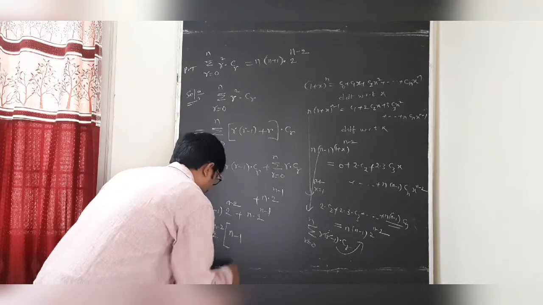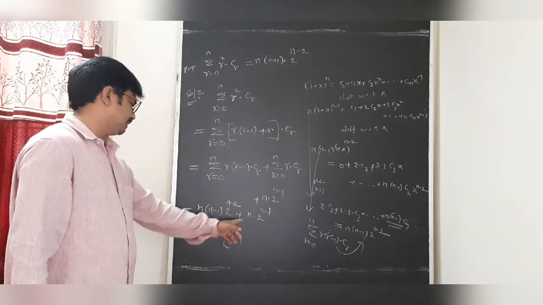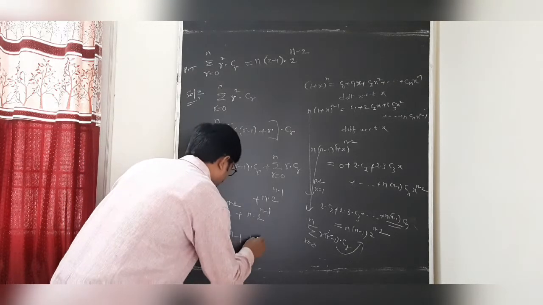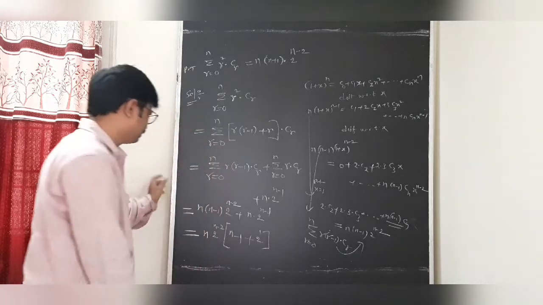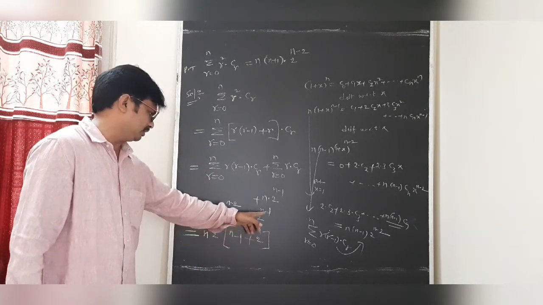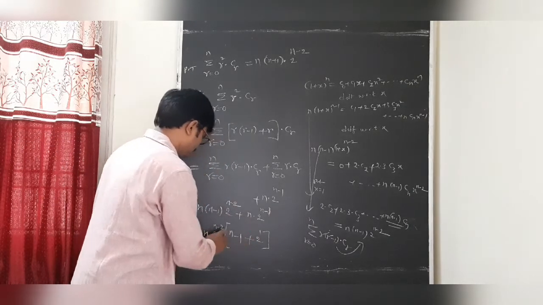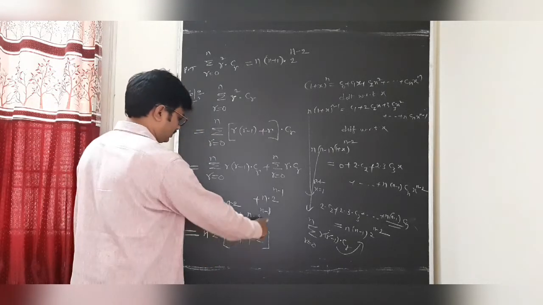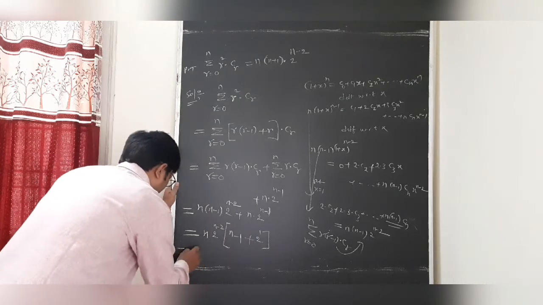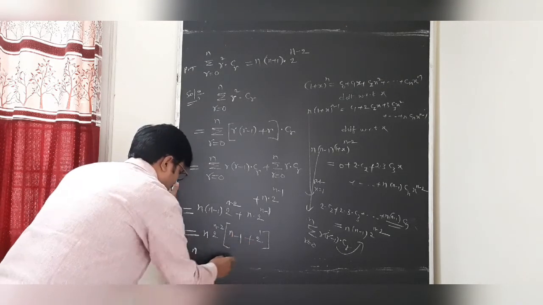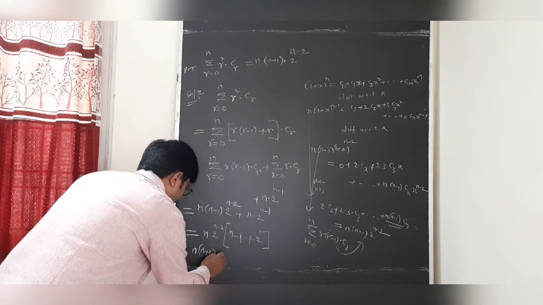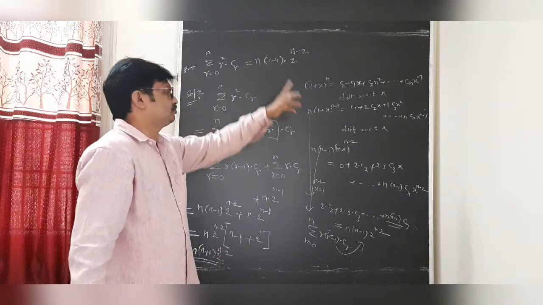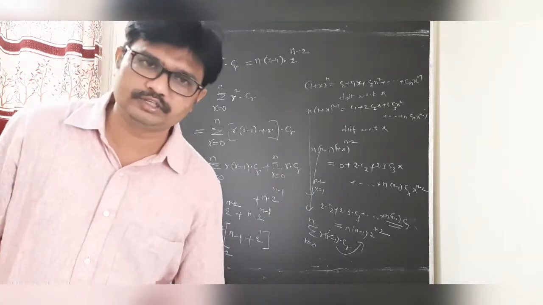Is there n minus 1? Already we have taken n as the common. Dear students, when we are taking 2 power n minus 2, this will be 2. So when we are taking 2 power n minus 2 into 2 power 1, undoubtedly 2 power n minus 1. Minus 2 plus 1, a power m into a power n is a power m plus n. Minus 2 plus 1 is minus 1. So n into minus 1 plus 2 is plus 1. n plus 1, 2 power n minus 2. This is n into n plus 1 into 2 power n minus 2. Okay, students?